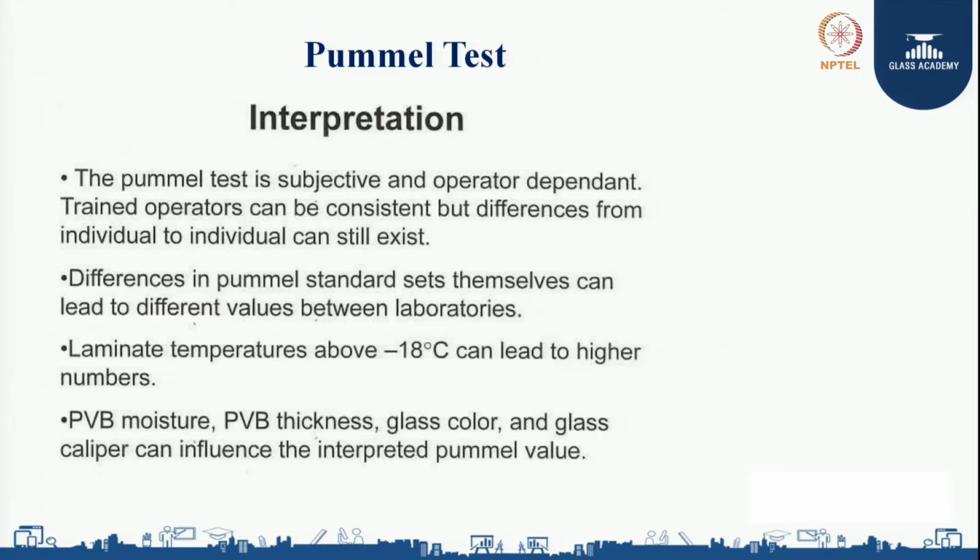In order to make a pummel test for a SentryGlass lamination, we need to check in the laboratory the different types of glass combinations like air side, tin side, tin side, air side, air side, tin side, air side, air side. So all the ATTA, TAAT, all these combinations we need to make sure, and we need to assure that in a particular combination or glass construction we are having a good pummel. Generally, the suppliers can help you in finding the pummel of your lamination product.